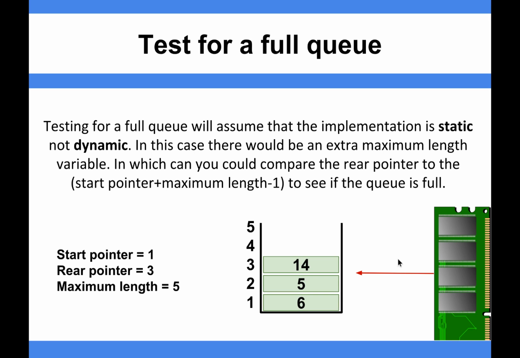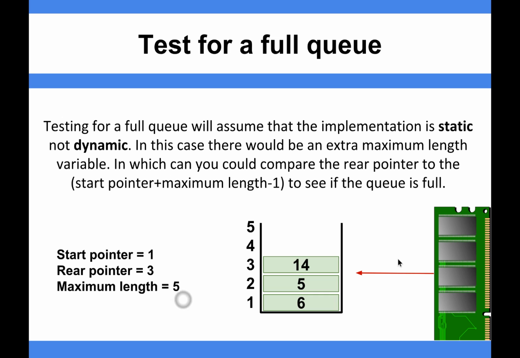So testing for a full queue will assume that the implementation is static and not dynamic. In this case, there'd be an extra maximum length variable, in which case you could compare the rear pointer to the start pointer plus the maximum length to see if the queue is full. Okay, so if we have a maximum length, so we know, because remember when static, the length is defined